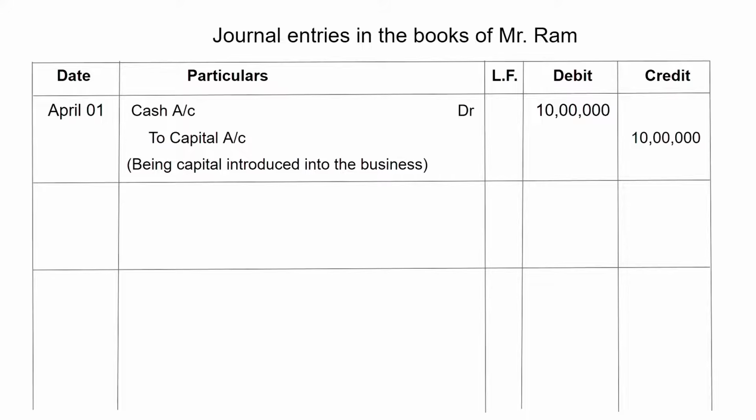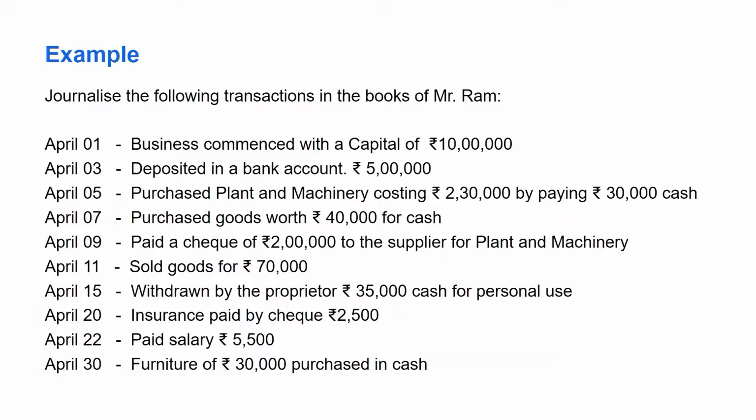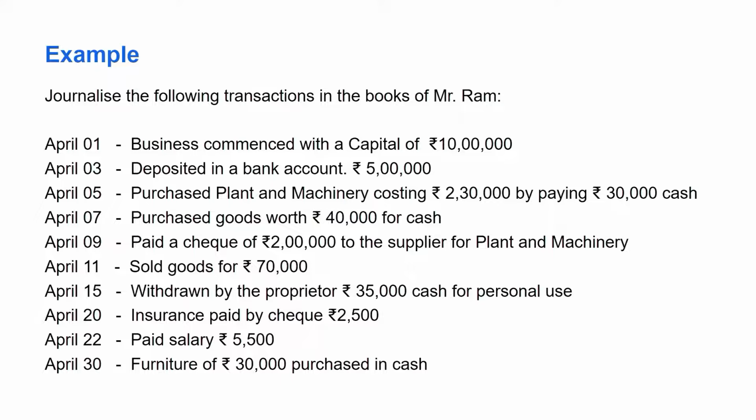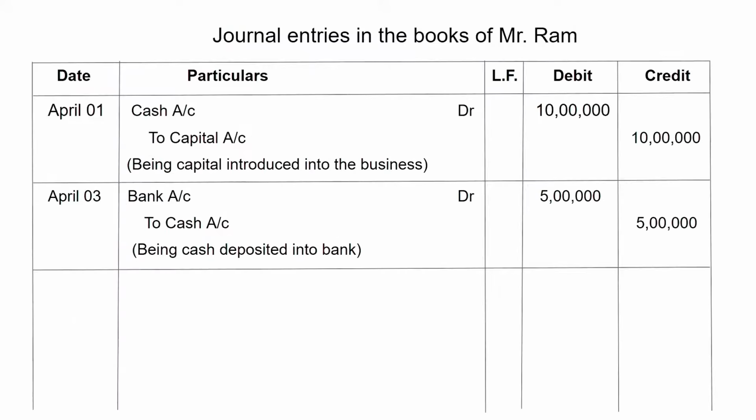Next transaction is April 3rd, deposited in the bank account 5 lakh rupees. Now cash decreases and bank balance increases. So the two accounts are bank account and cash account. Bank account is a personal account. Bank receives the cash, so debit the receiver. And cash account, cash is a real account. Cash goes out, so credit what goes out. So we record it as April 3rd, bank account debit 5 lakh rupees to cash account 5 lakh rupees, being